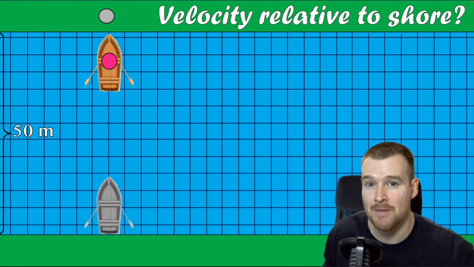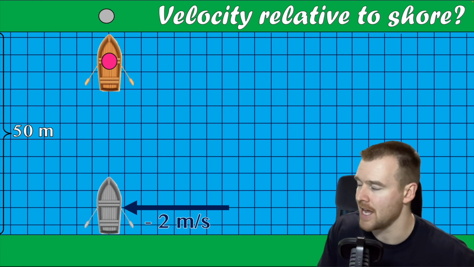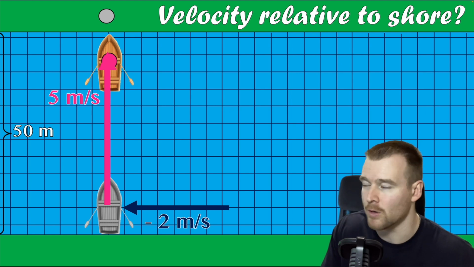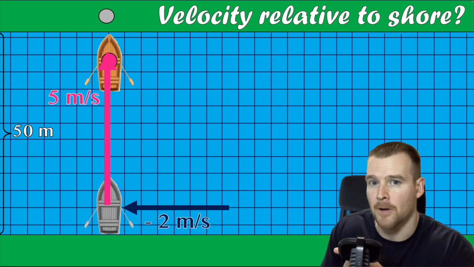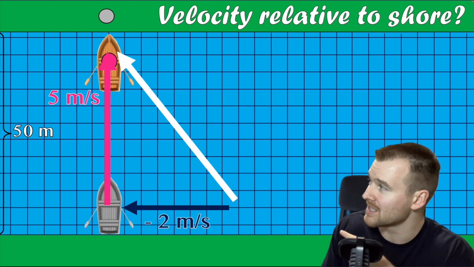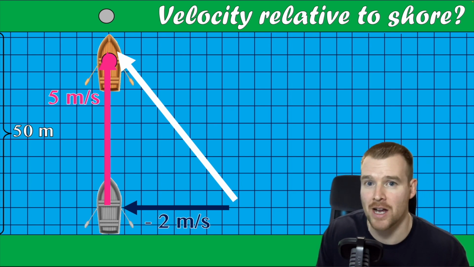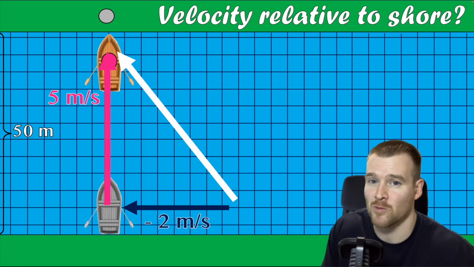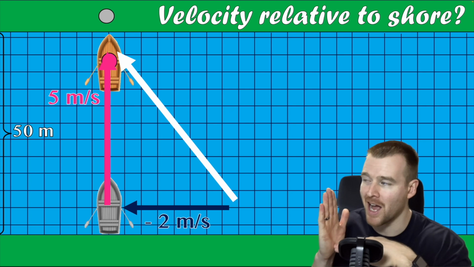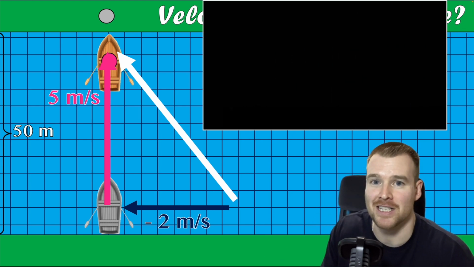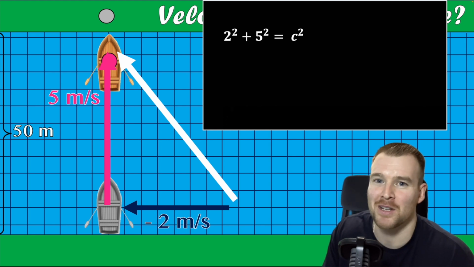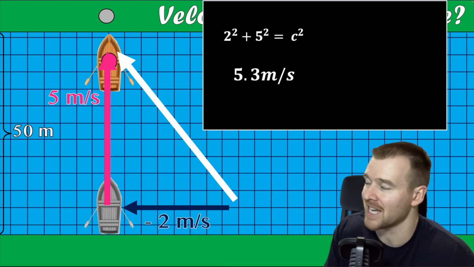We're going to use the same diagram that we used before by adding head to tail. So I start with the water. Now I start with the 5 meters per second going upwards, once again added head to tail. Now my result from the tail of the first to the end of the last shows that angled direction relative to someone that is not moving. So to find that, fortunately this is a right angled triangle when I have my x and my y. So we can just use Pythagorean's theorem here. So we'll bring up our blackboard up there. We're going to have 2 squared plus 5 squared square root, and we get 5.3 meters per second for that